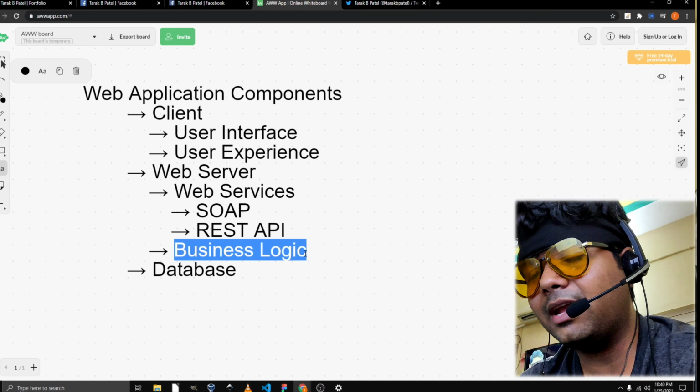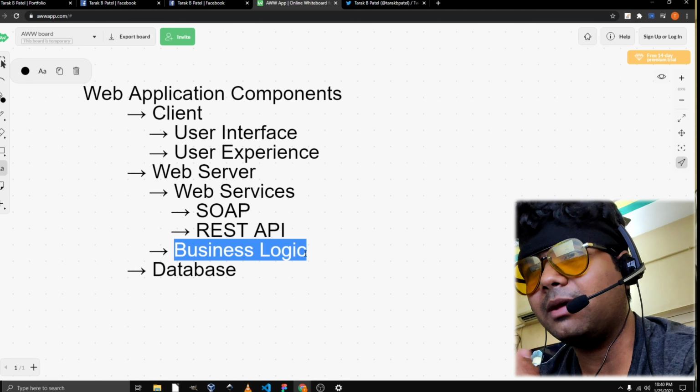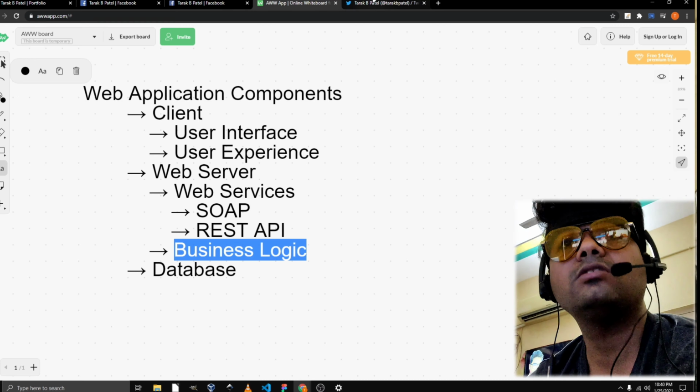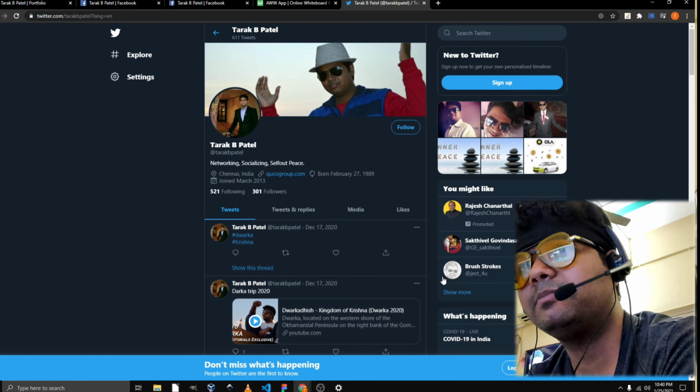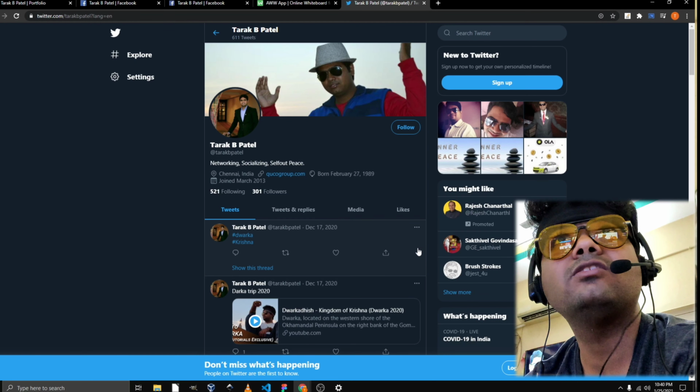And the business logic on the back end pulls in data from different databases and calculates it, and depending upon the request and response, like what you're requesting from the web server, the back-end logic would apply and give back the details.